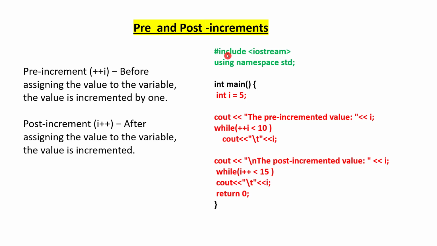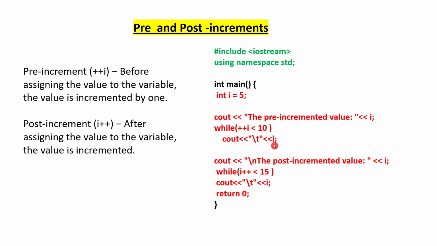We have the header file hash include iostream, using namespace std; int main, curly bracket, integer I equal to 5, defining the I value as 5. See out the pre-increment value. So this will be directly printed, then I. So the first output will be the pre-incremented value with a colon, and I value is 5. Okay, then while plus plus I is less than 10, see out